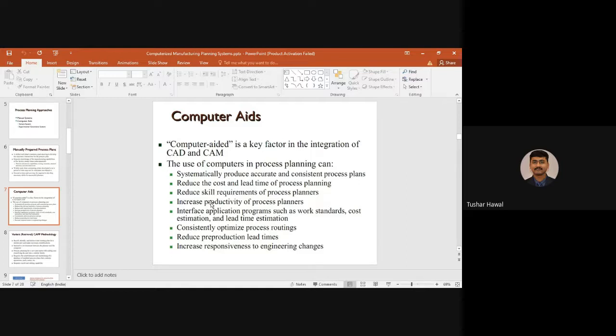Then next, increase the responsiveness to engineering changes. If there are any changes while the manufacturing process is going on, say a certain machine goes down or breaks down to permanent damage and a new machine is replaced, so there is an engineering change. The plan that you have developed has to adapt quickly to that change, because you cannot stop the entire manufacturing operation and then think about this change. So quick response to changes in engineering things can be achieved with the help of computers. Till here, any doubt, any discussions?